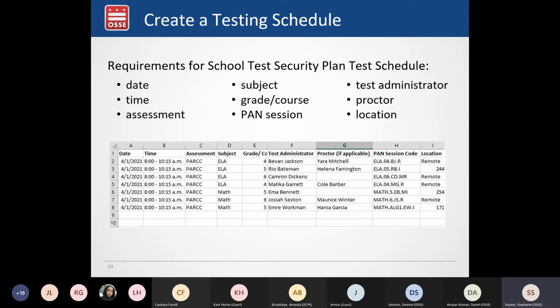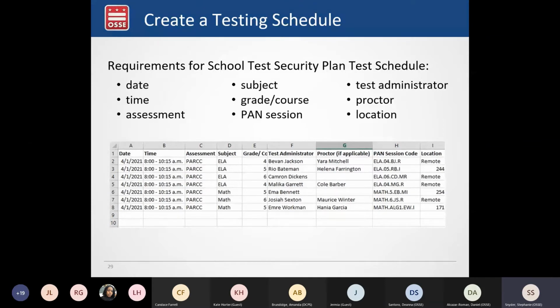And in terms of test sessions, we do ask that schools provide information about their test sessions in the school test security plan. Those test sessions include when and where those may take place, knowing that the location for some this year may be remote.